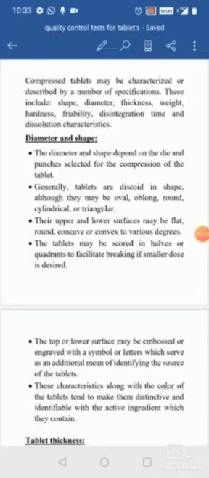For example, you don't want to take the whole tablet, you just want 250 mg, or it is for small children, then you can't go for the full tablet, so you want to break the tablet in half. With the help of that marking, you can easily break the tablet into two halves and reduce the dose.